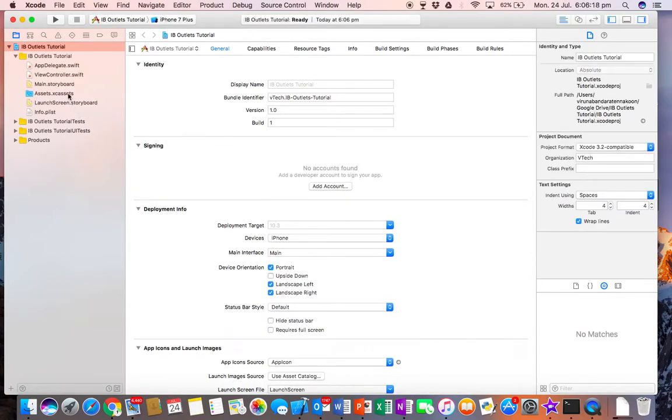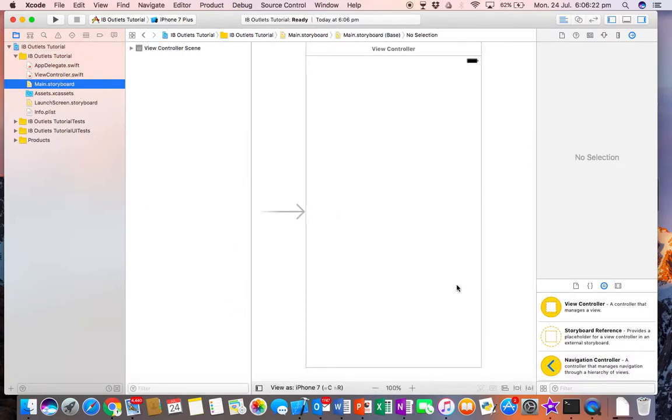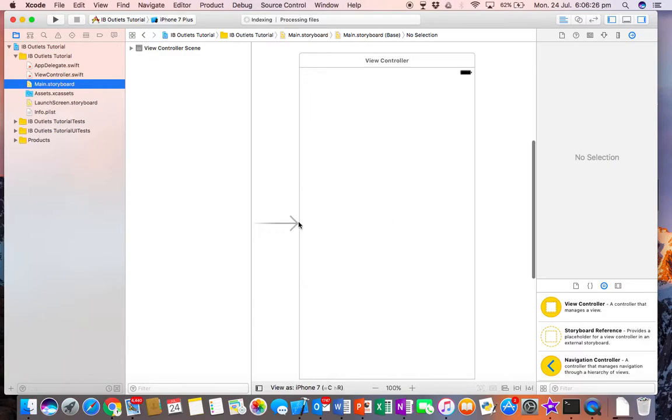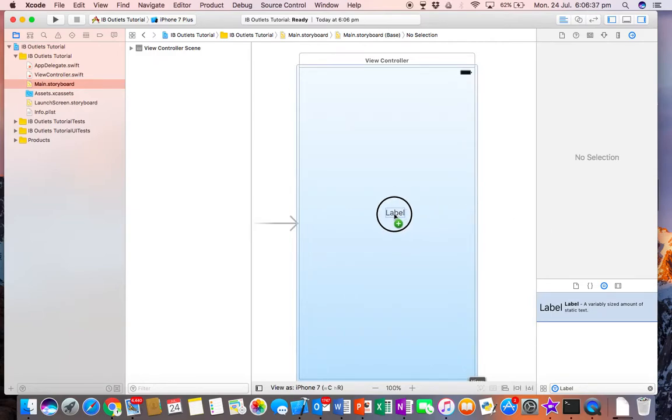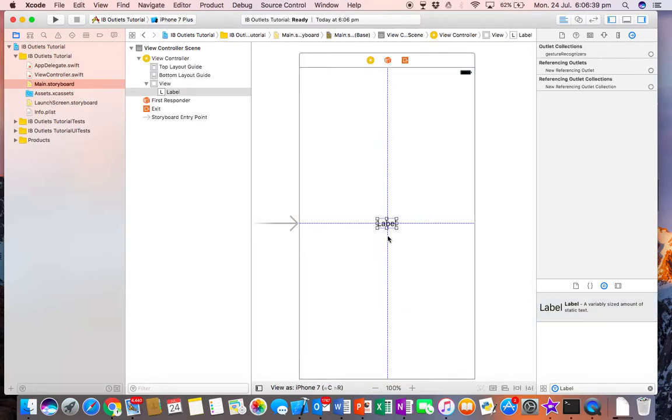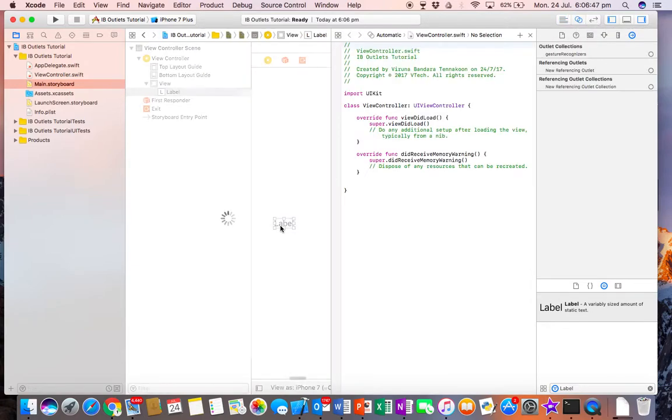And so now from here I want you to go to main.storyboard. And so remember in my last video how I talked about this being a storyboard, and this being a library? So I want you to go to the library, go down to filter, and just type in label. Drag it, drop it onto the view controller, and now what I want you to do is click this button, the assistant editor. Click that,